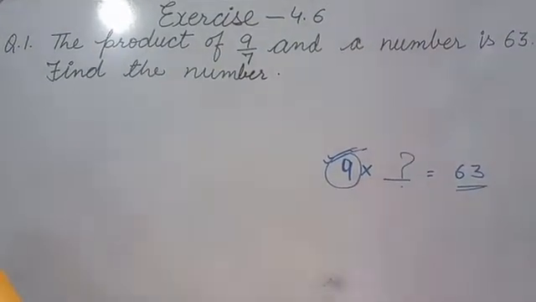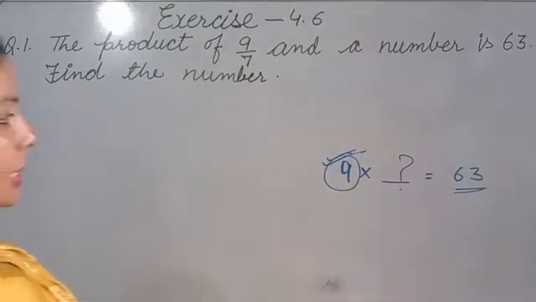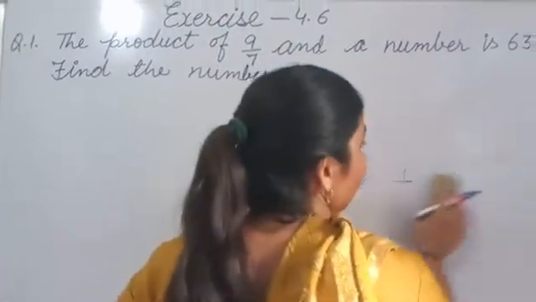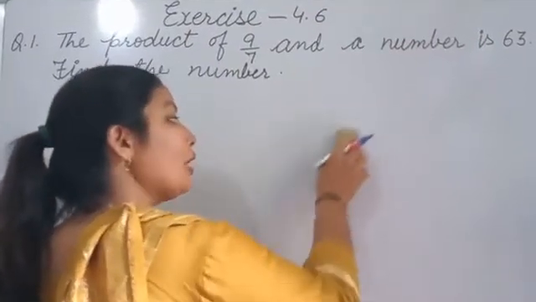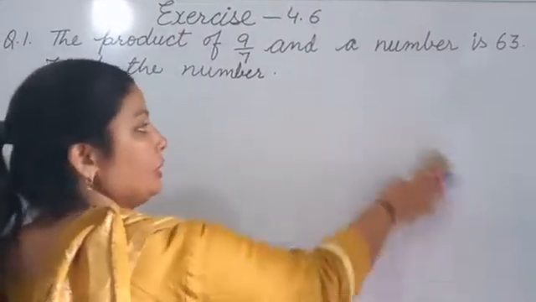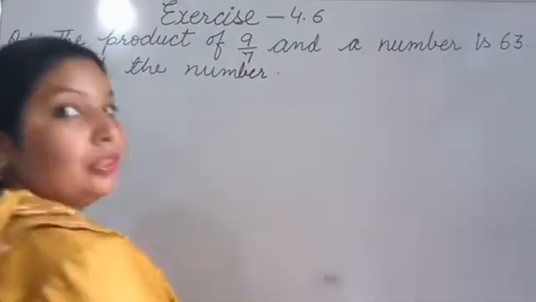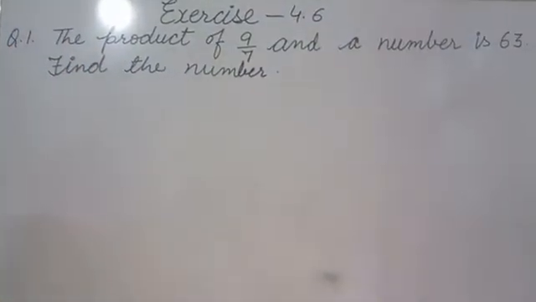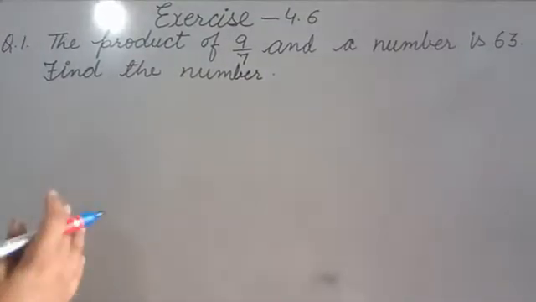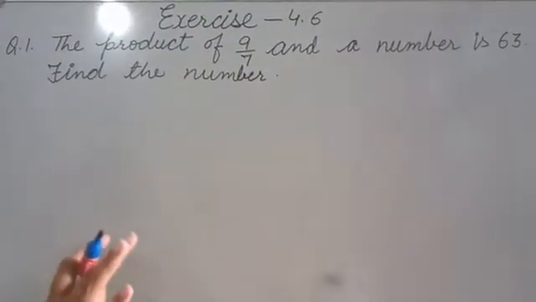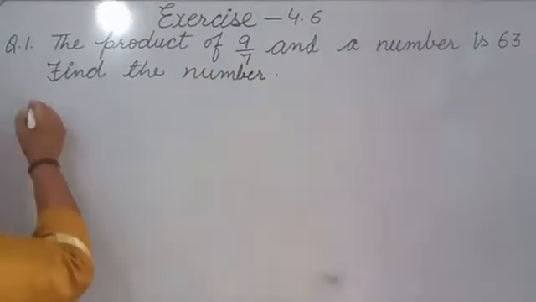Okay. So here the product is given and one fraction is given, and we have to find the second number. So whenever you have the product already in the question and you want to find the number, we always divide. That is, if a simple number is there, or if a fraction is there, in both cases we have to divide. So let me start the solution.